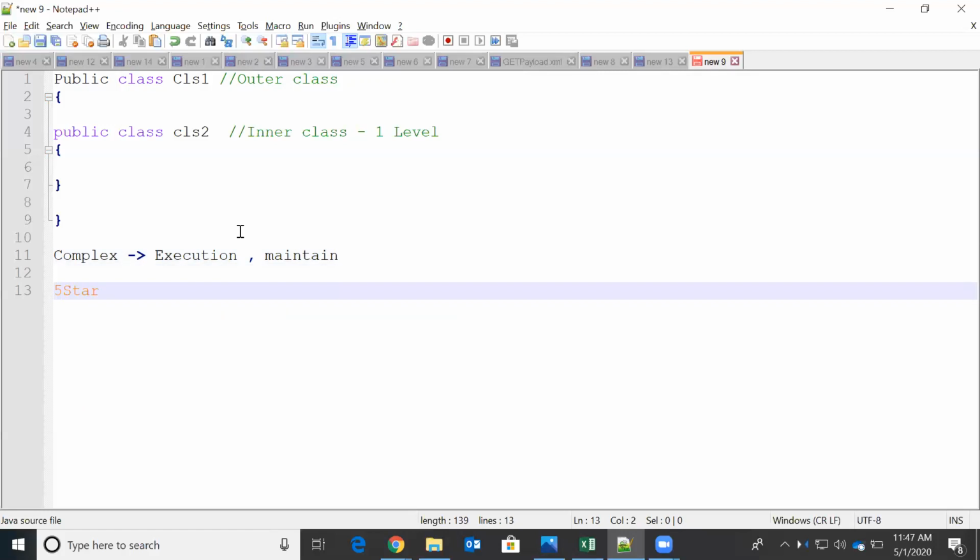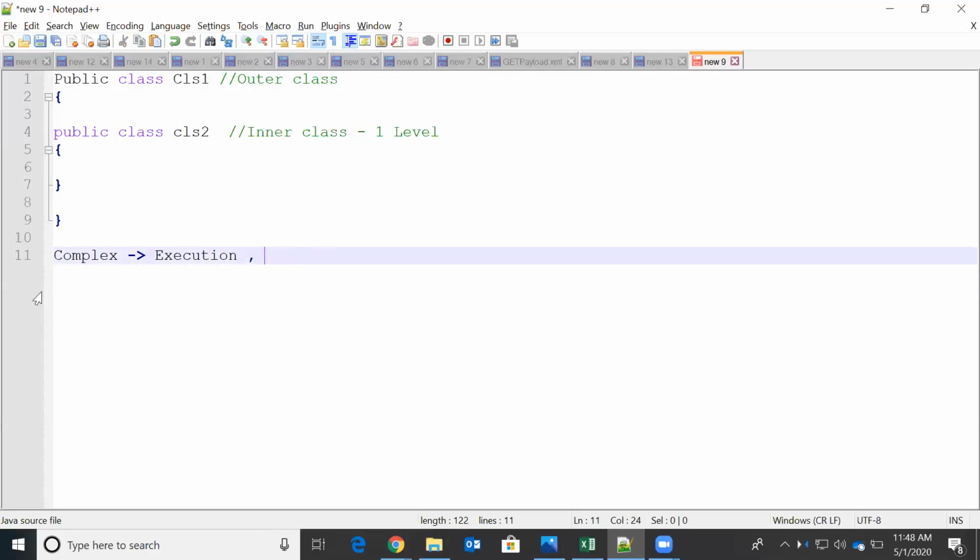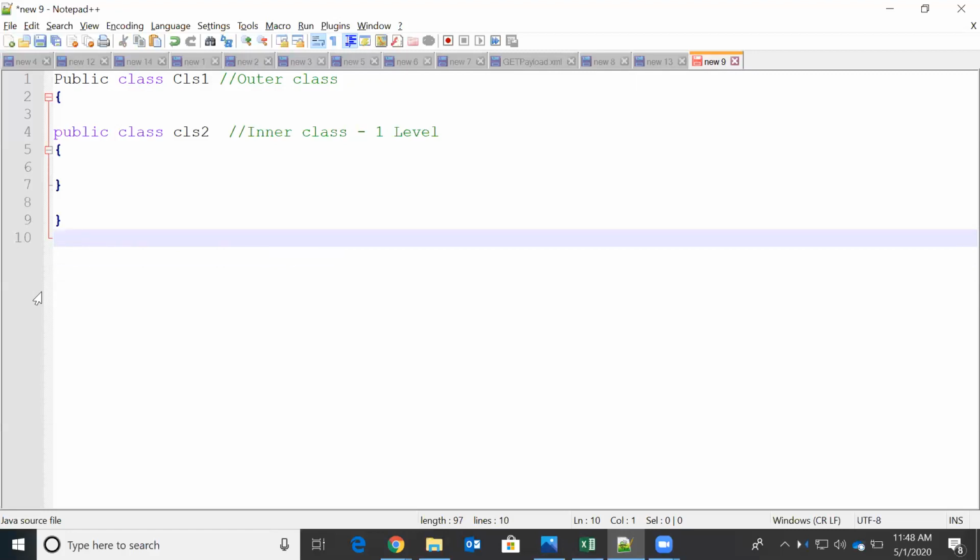If it is wrapped with only one wrapper, then it is easy to remove the wrapper and eat it. But if there are 10 wrappers, then it is difficult to unbox it or remove all the wrappers and eat it. It takes more time, meaning execution time is more. If we have more wrappers, execution time will increase. So that is why they have removed this complexity. To remove this complexity and maintenance issues, in Salesforce we have only one level of inner classes.